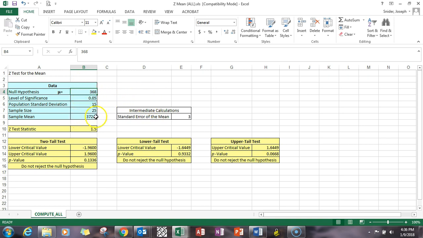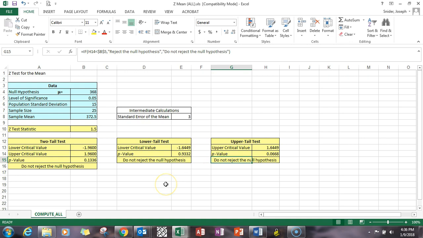The light blue area is data entry values that you put in. Things like sample size, sample mean usually are calculated values and then entered based upon your raw data. All the rest in yellow are calculated for you. Even the interpretation as to what judgment call to make is sitting here in the cells at the bottom of